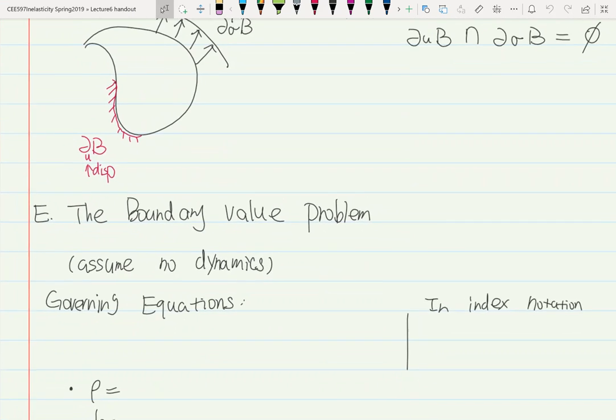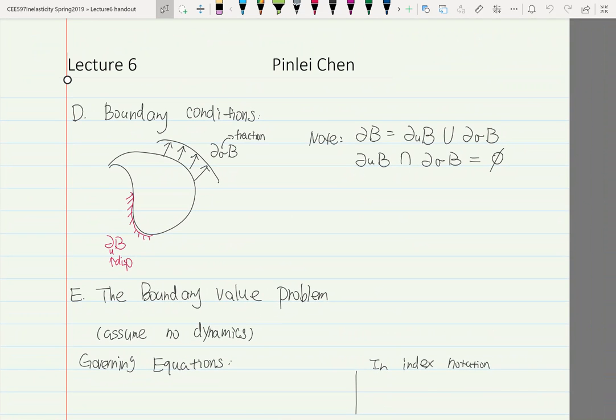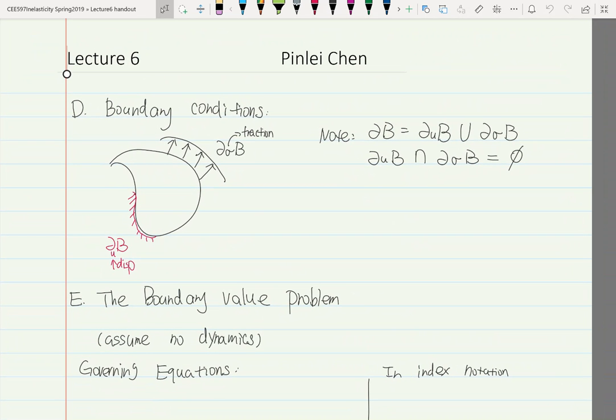The traction, the stress tensor, and then the traction vector. Okay, and then we go into part D, which is the boundary condition for the 3D elasticity problem. The boundary condition for that is basically the same as in 1D. You would have some traction boundary and some displacement boundary, where the traction boundary has some surface traction acting on it, and for the displacement you have fixed or roller, or some displacement